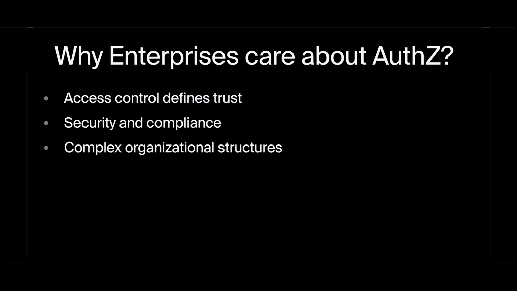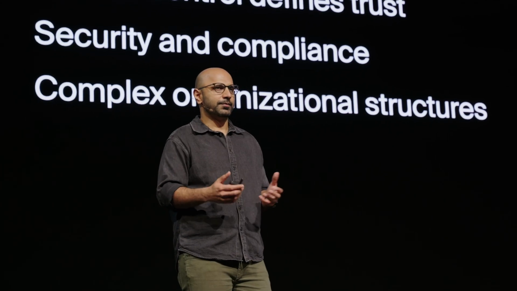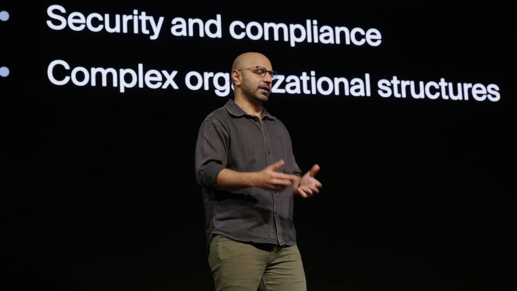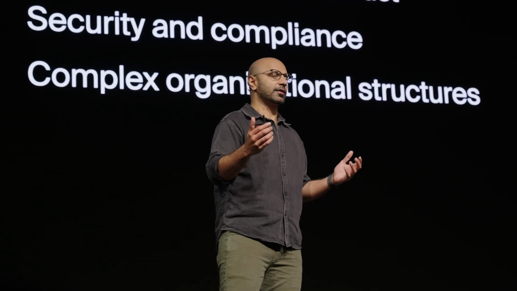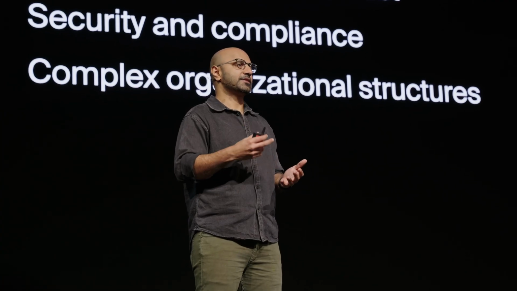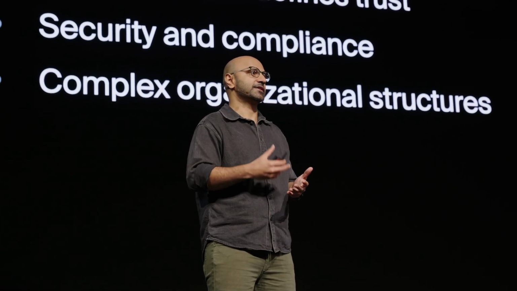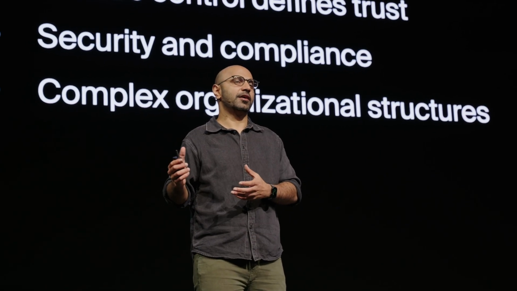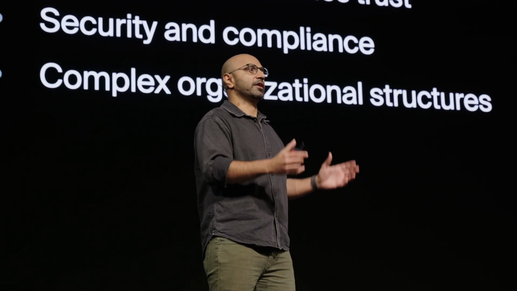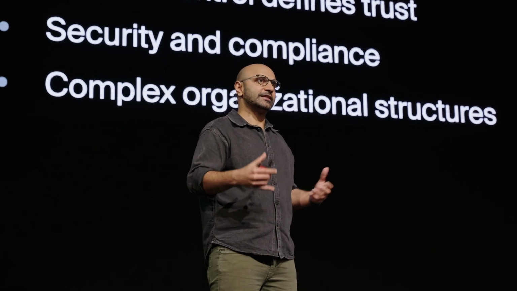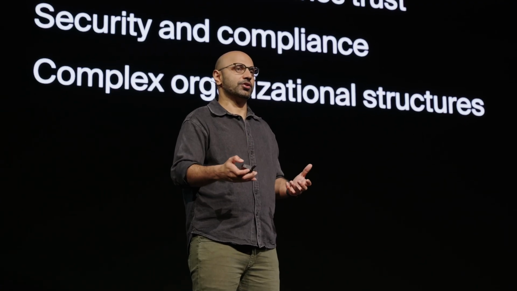Complex organizational structures. So when you start, your customers are probably small, with simple organizational structures, but as your product matures, you start attracting larger customers who bring in things like departments, subdivisions, lines of business, subsidiaries, and generally a lot of their access management hierarchy maps one-to-one with their organization hierarchy. And enterprises really care about representing this hierarchy in any SaaS application they use.